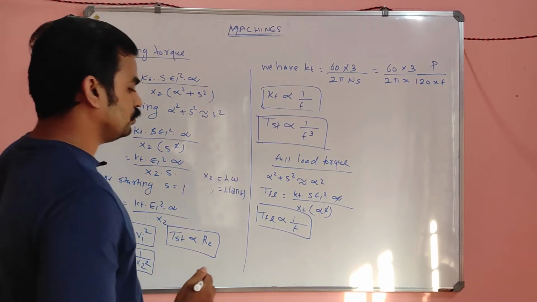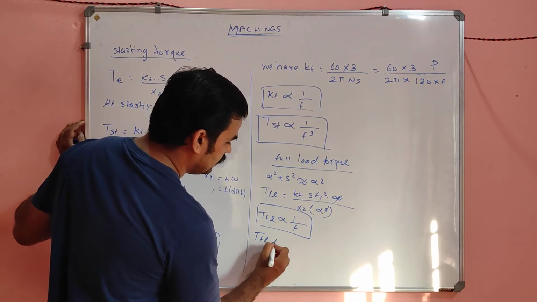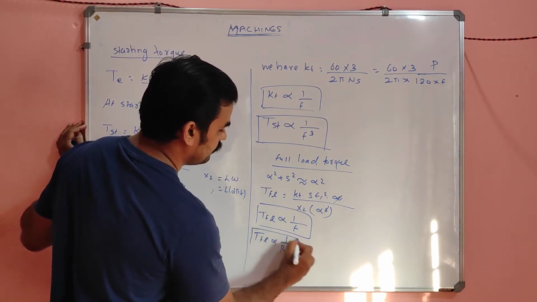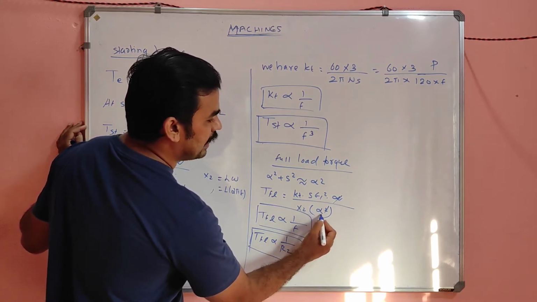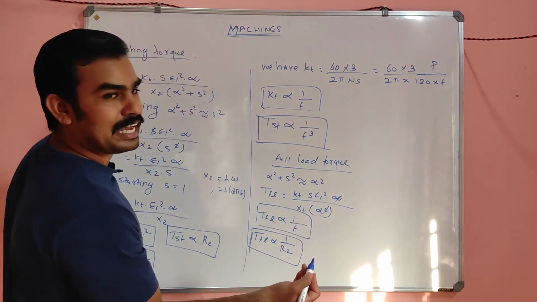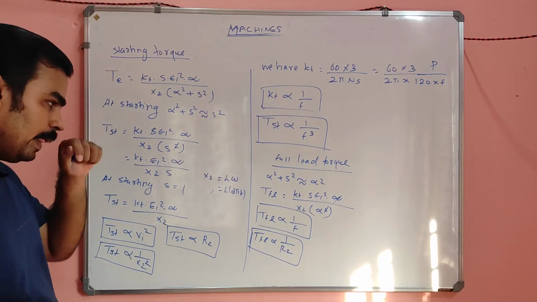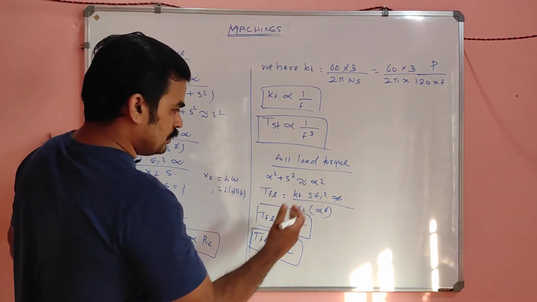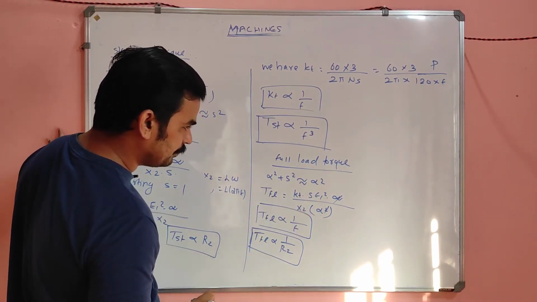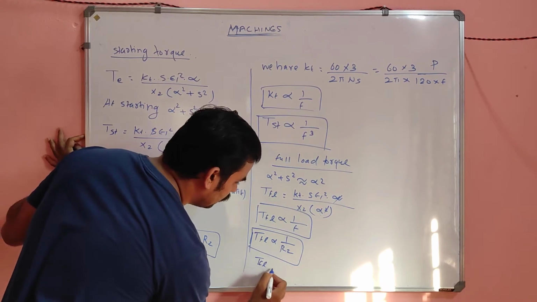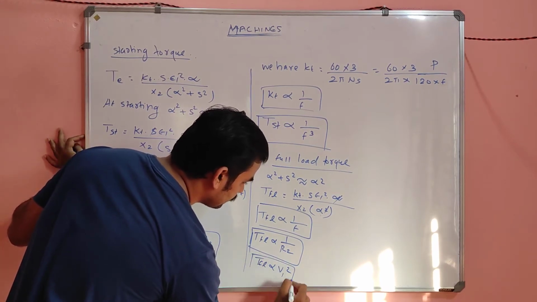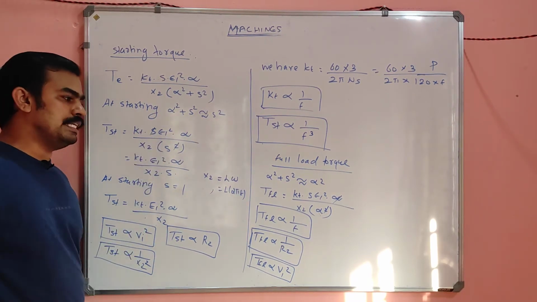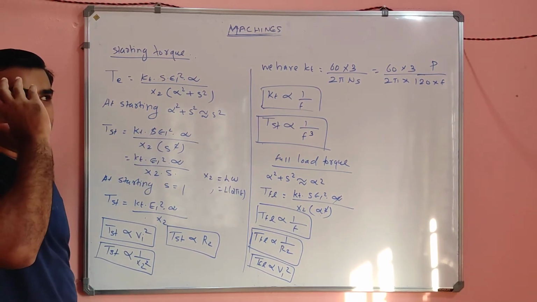And TFL is inversely proportional to R2, that is, proportional to 1 by R2, because this alpha contains R2 by X2, no? This X2 and X2 cancel, but alpha is there. So that's all about it. Okay. And TFL is also directly proportional to E1 square. So these are the conditions, or the peculiarities, or the important things you have